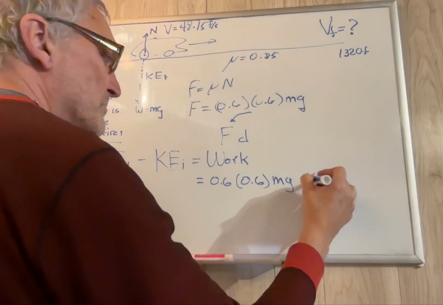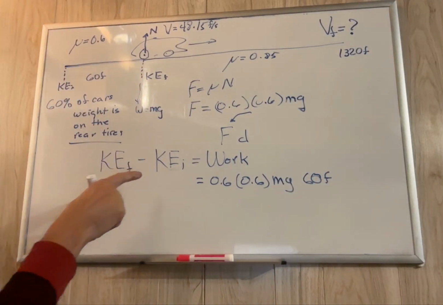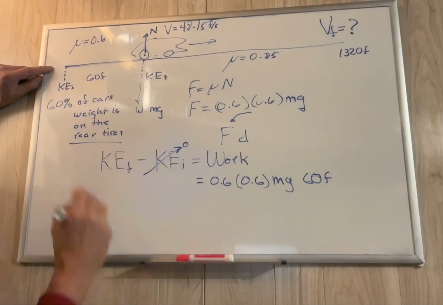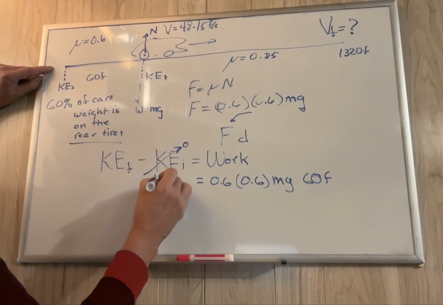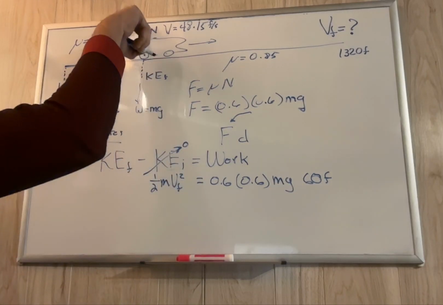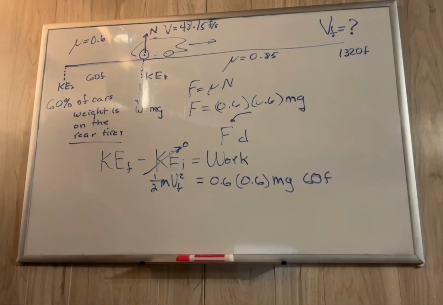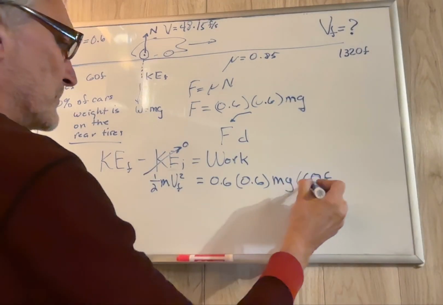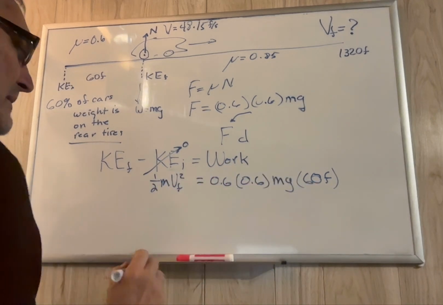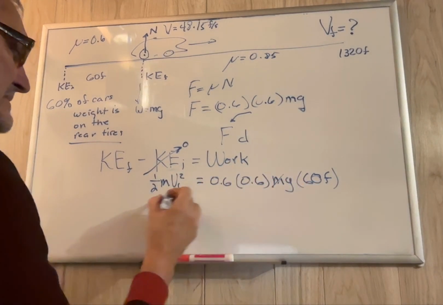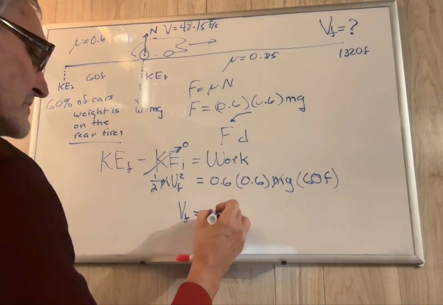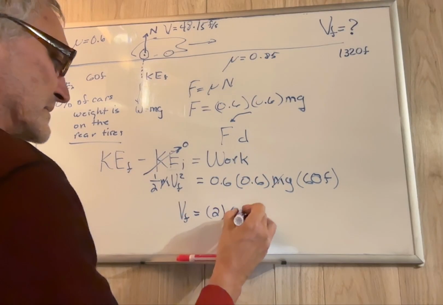Okay, perfect. All right, so my kinetic energy initial, the car starts at rest, so we know this is 0. We don't have to worry about that. So this would be 1/2 m v final squared. The velocity is going to be the velocity as it gets to the 60-foot mark. Look, the masses cancel. Isn't that nice? So basically we're going to have velocity final equal to 2 times 0.6